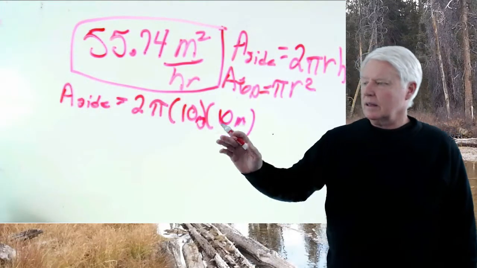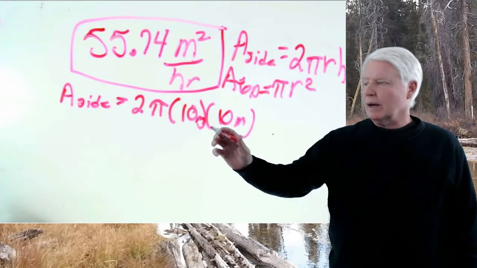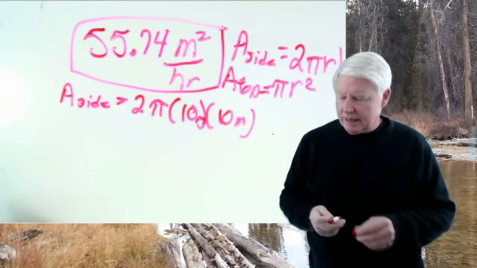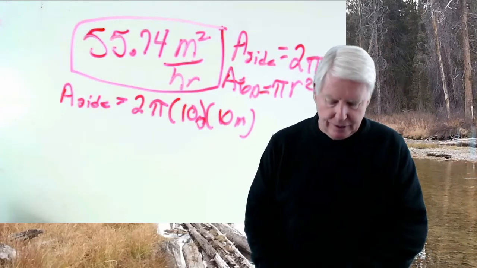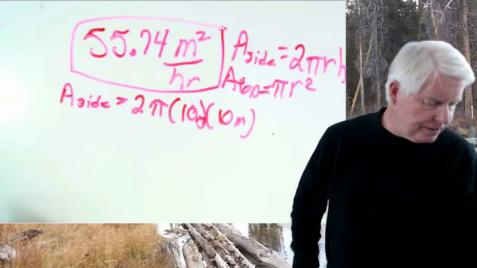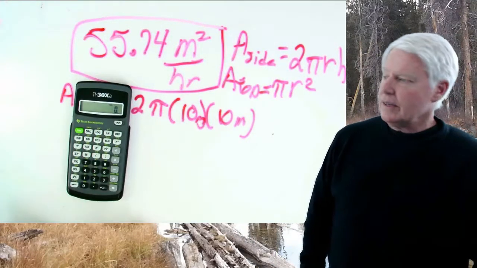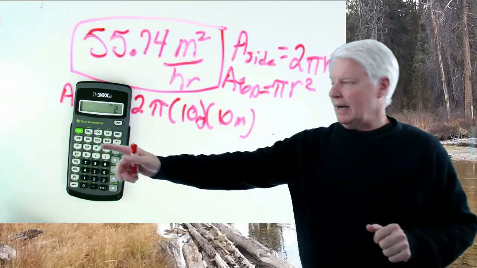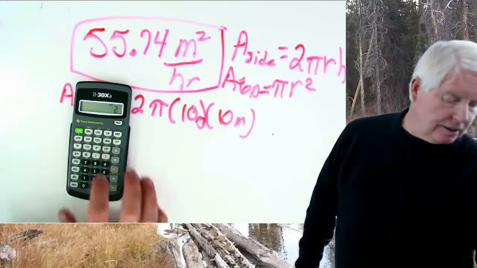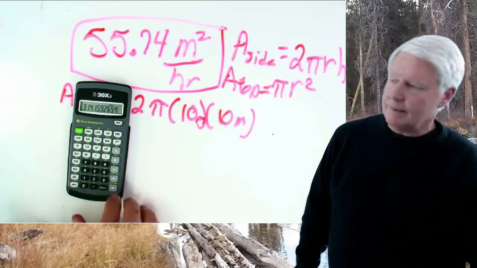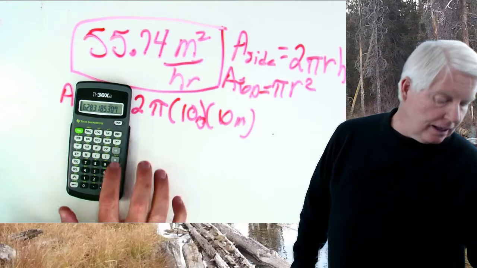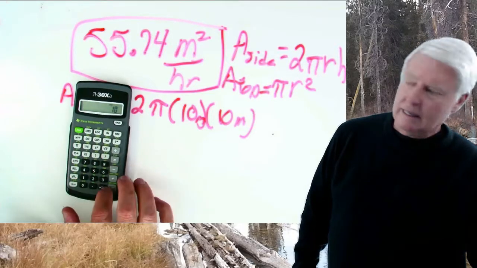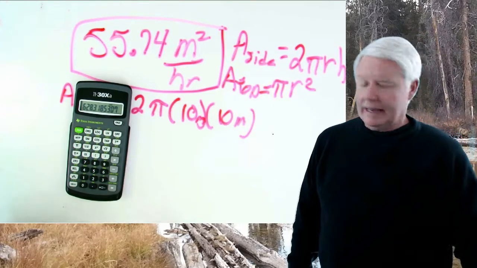Let's do the math on the units. It's going to be square meters. Well, for an area, you want it to be square meters. So now we just need to do the math here to get the area of the side. This isn't going to be too hard. There's the calculator. I'm going to go 2 times, and hit pi. Pi is right there. You don't have to do it individually. 2 times pi, equals, times 10 equals, times 10 equals, and that gives me,